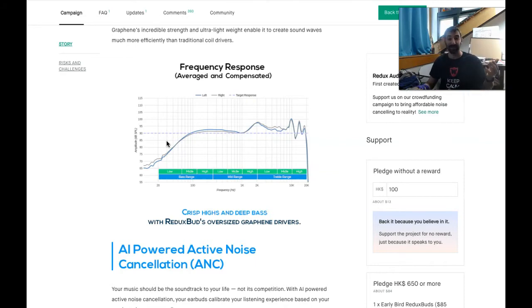So we all just make our headphones louder. We blow out our eardrums. By the time you're my age, you can't, what? What? You can't hear what's going on. So what this graph represents, I'm not going to go into all the details, it says here, frequency response, average, and compensated. Basically, what are the most common outside noises and the frequencies of those noises.